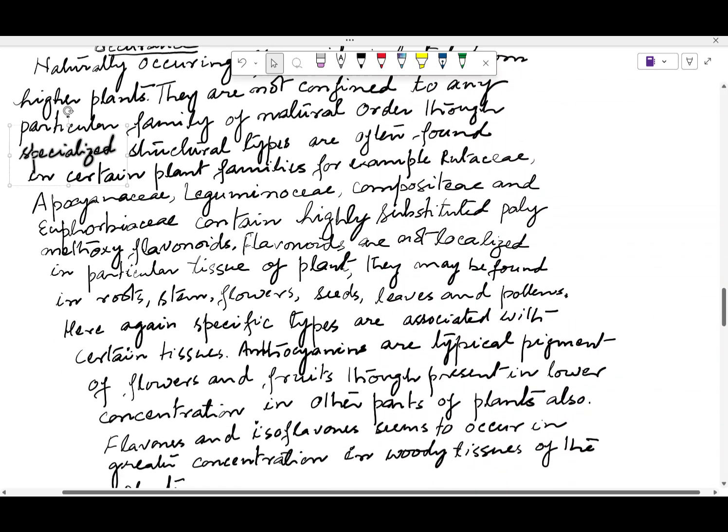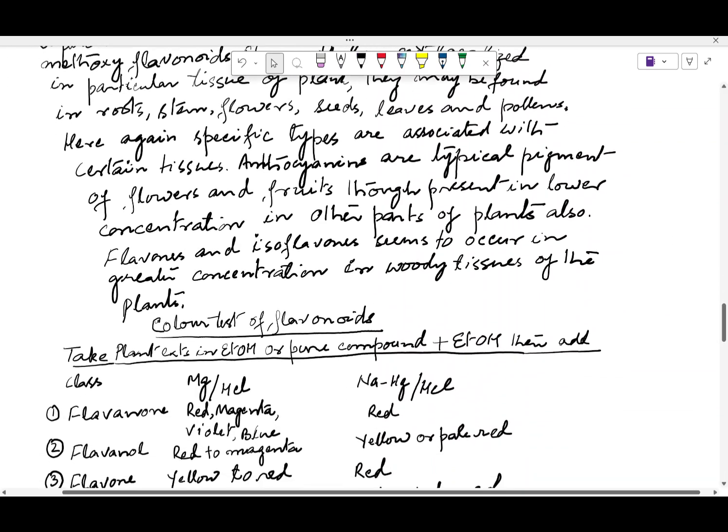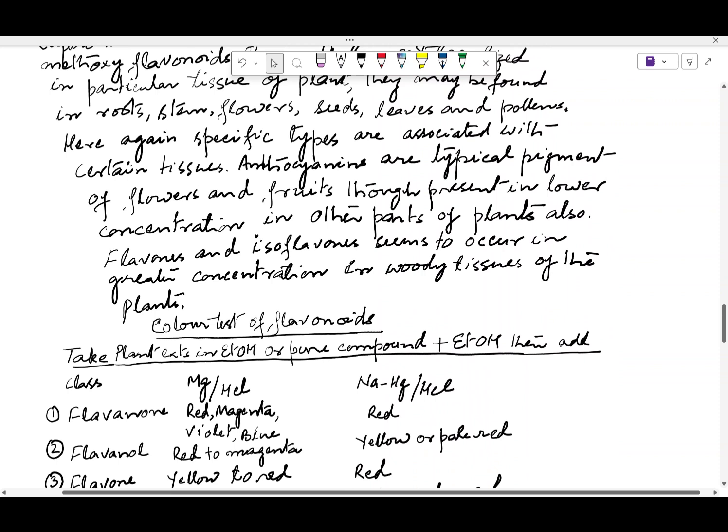Okay, this is the part of this. And the flavonoids, isoflavones and the dimers of the flavones occur in the woody tissue of the plants. Therefore, these are certain important points while you are going into natural product chemistry. And now, before coming to the isolation techniques, you must be aware whether this plant contains the flavonoid or not. For that, there are particular color tests.